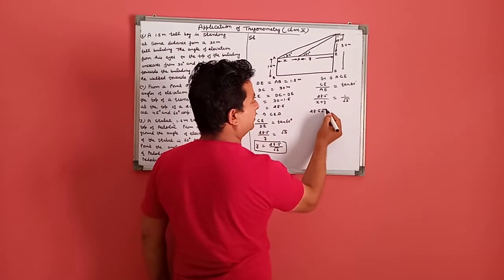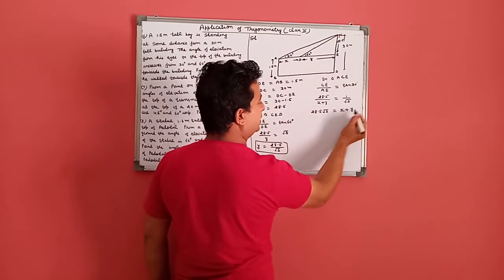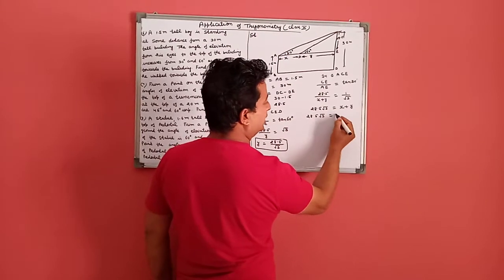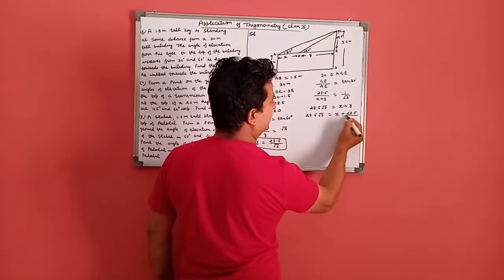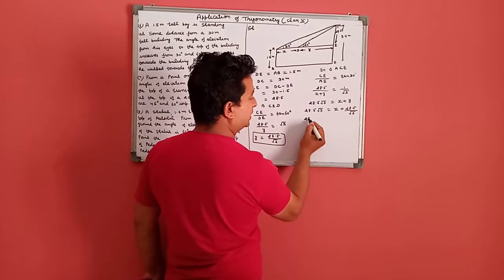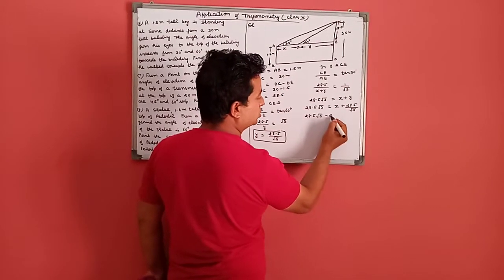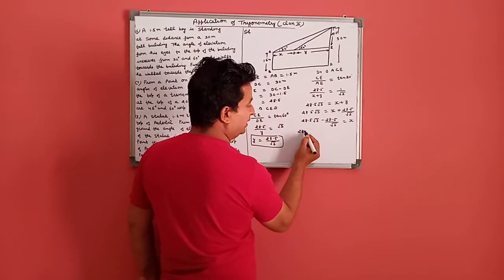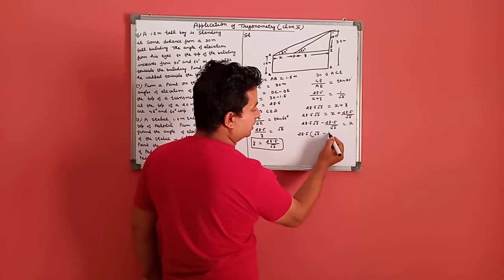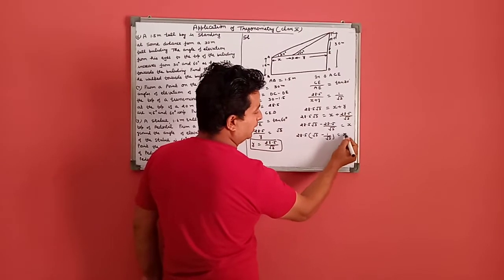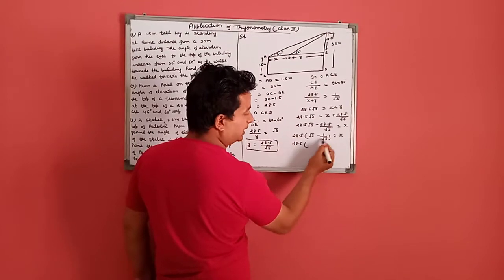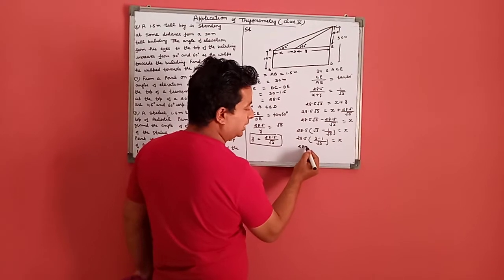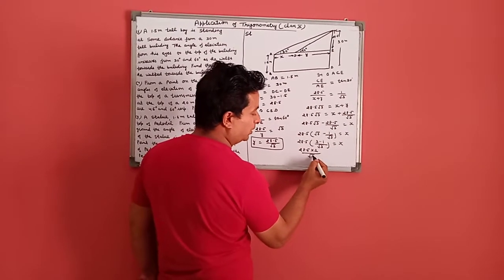When we cross multiply, this is x plus y. Put the value of y. The value of y is 28.5 divided by root 3. This becomes root 3 minus 28.5 upon root 3 equals x. When we take this common, this becomes 1 upon root 3. Take the LCM of this, that is 3 minus 1 upon root 3. This becomes 28.5 into 2 upon root 3.